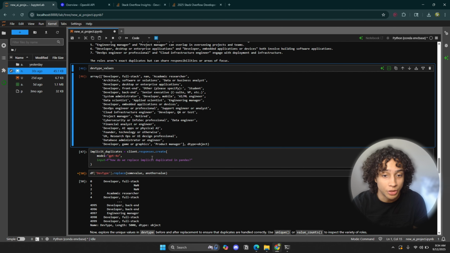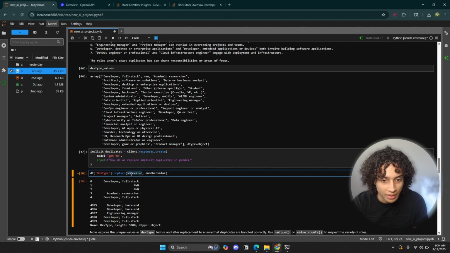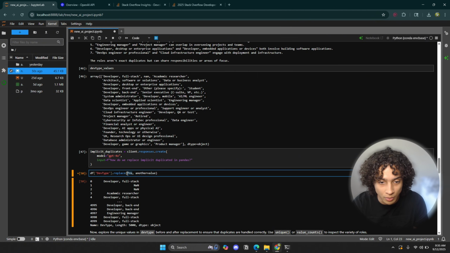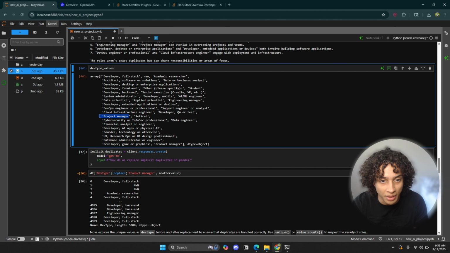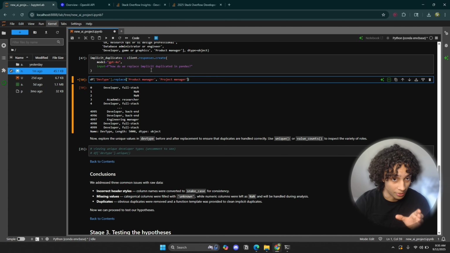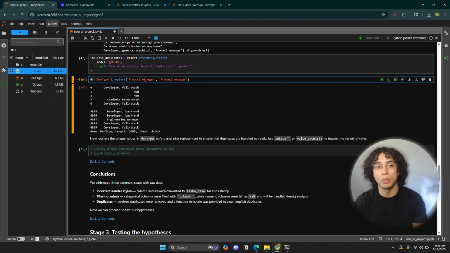Okay, let's assume that's the case. We want product manager and project manager to mean the same thing. So let's just copy and paste. Product manager is the value we want to replace, and we want to replace it with project manager. So the algorithm is just going to search over every single instance of product manager, and it's going to replace it with project manager. So when we run this,